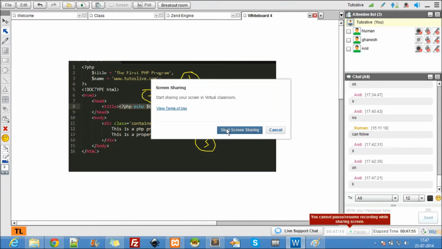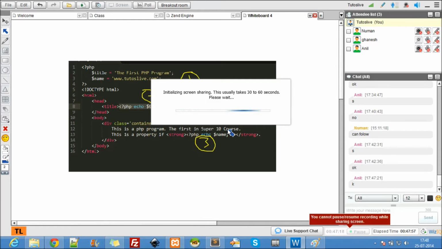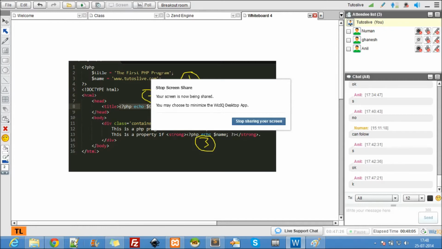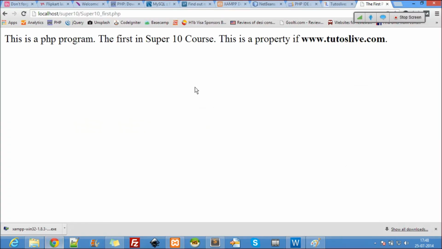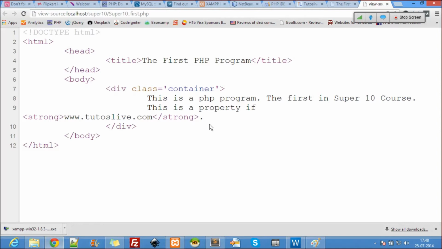Okay, so that's what exactly is happening in split seconds over there. This is all happening in seconds. And if you guys know this, PHP is faster than .NET and Java. So let me just show you guys the source code of this. Let's say page source. This is the source.